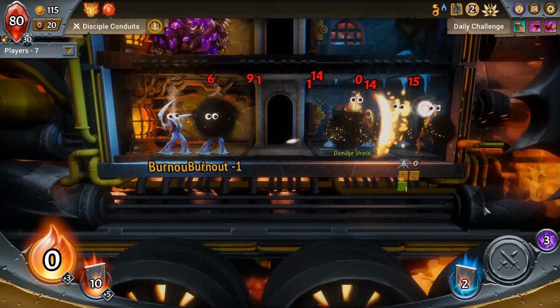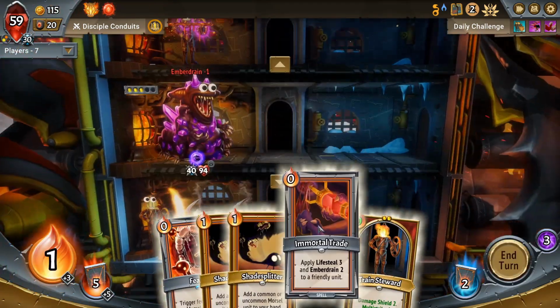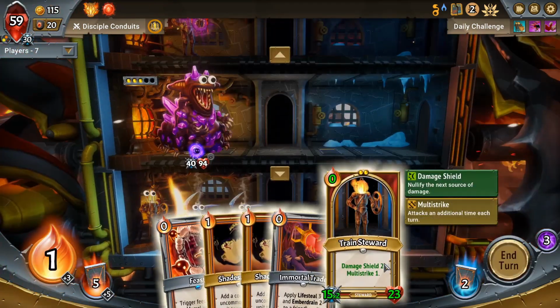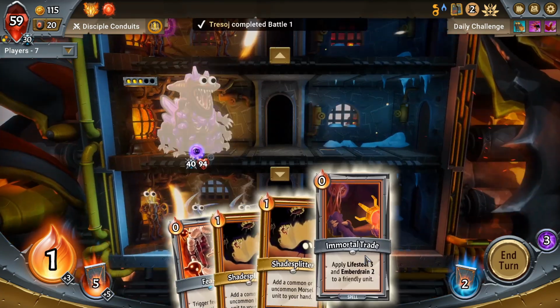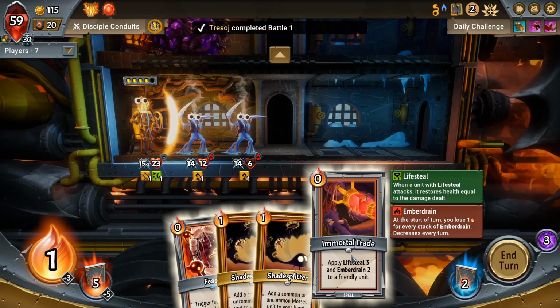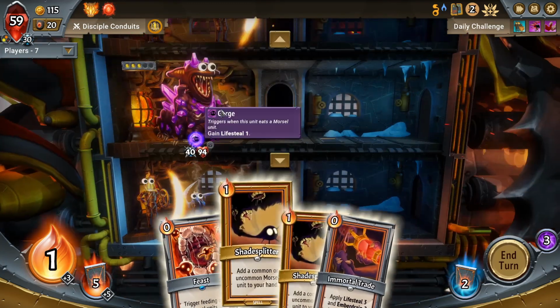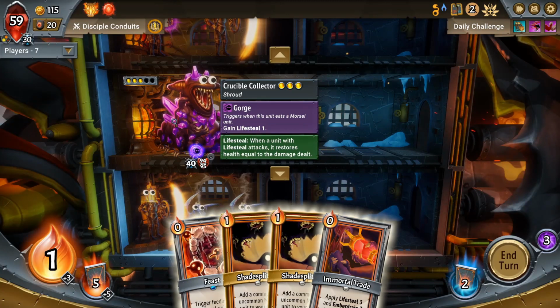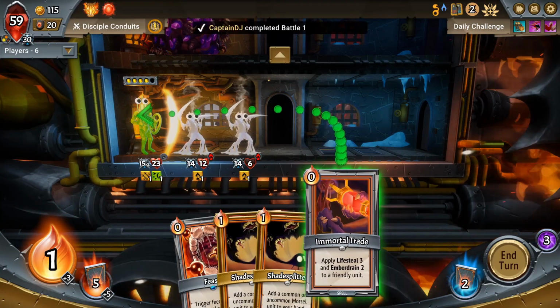Big hit from the fire here. Could have been worse, I guess. You have to have a damage shield. I'm tempted just to keep putting... I think you're going to get bypassed all the way. This is a mistake putting you here. Let's just keep doing...